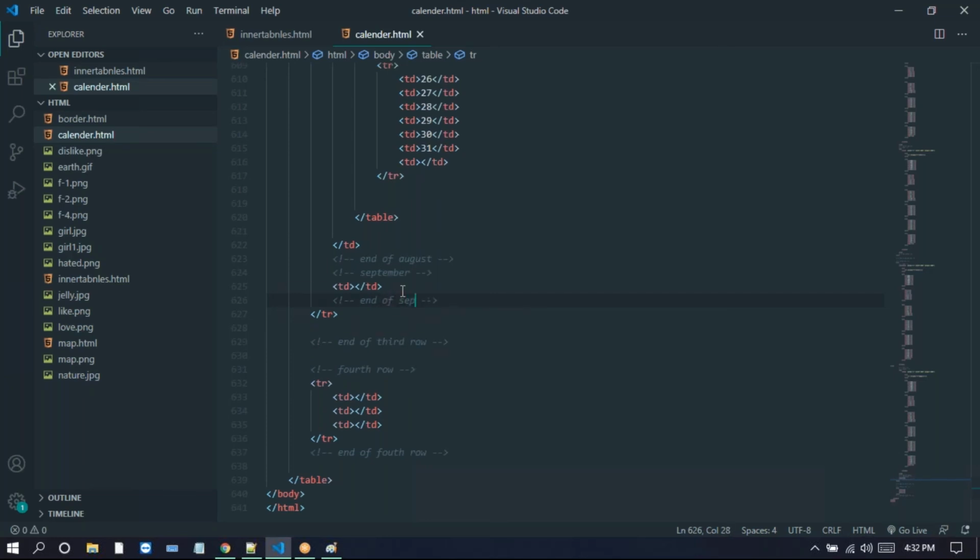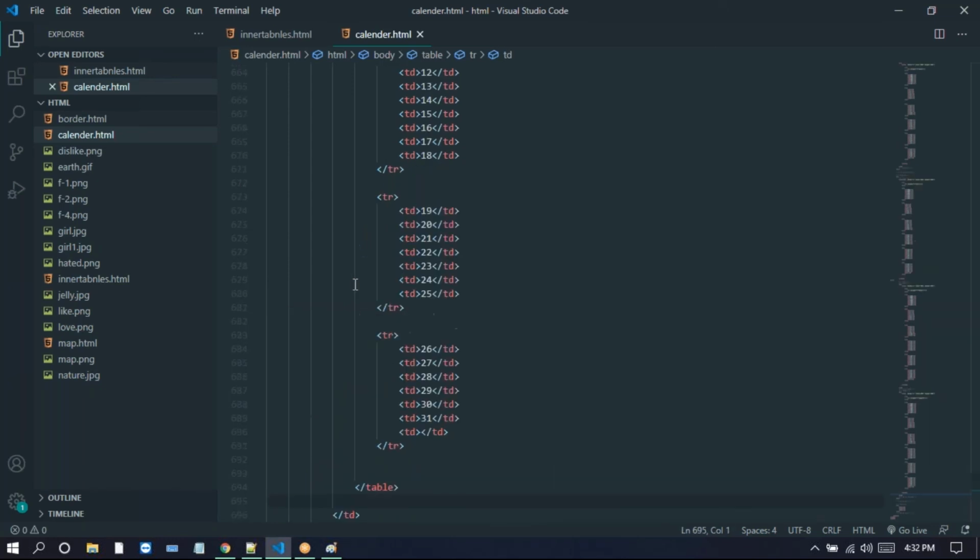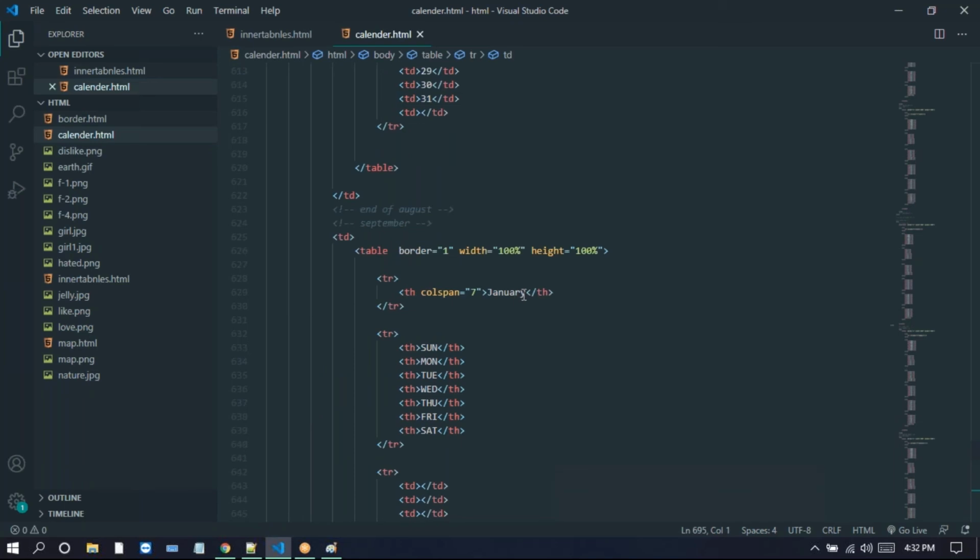Now in the September, let's take the table here. Go here, we can change this name to September. Just change this name to September. Now we just go for the fourth row.